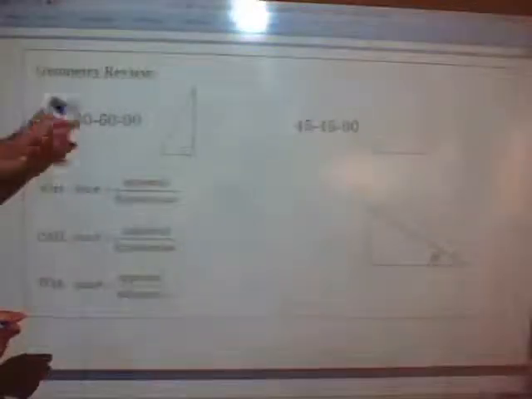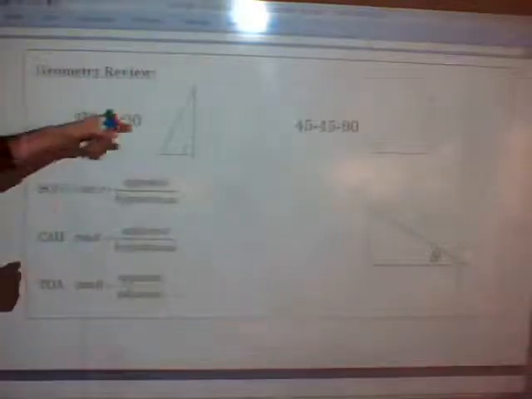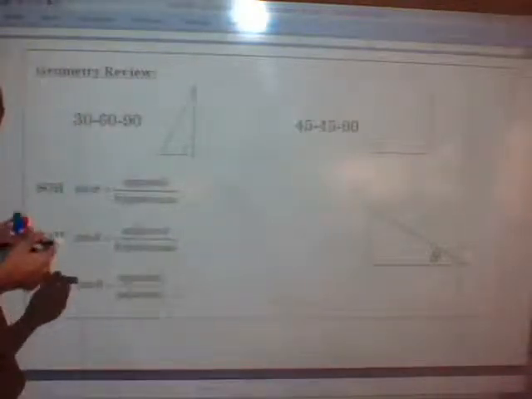All right, in this part of the lesson, we are going to do some review from geometry. In geometry, you learned about 30-60-90 degree triangles and 45-45-90 degree triangles. Both of those are going to be used with the unit circle here. So if we start off with the 30-60-90 degree triangle from geometry, you may recall that it